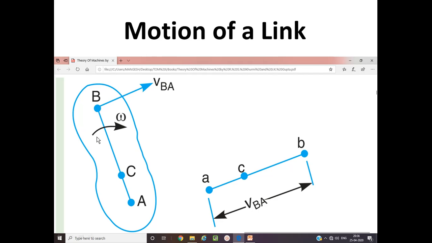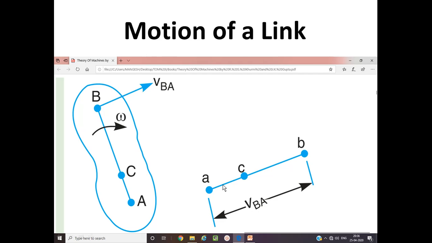So why have I drawn this vector in this direction? Because the body is moving in a clockwise direction. So naturally, if I consider point A as a fixed point and the body is moving in this direction, the velocity vector will be perpendicular to the line joining the 2 points. Now, in order to draw the vector, if I consider A as a fixed point, the velocity of B relative to A will have some magnitude. That magnitude will be converted, after taking a suitable scale, into some centimeters.